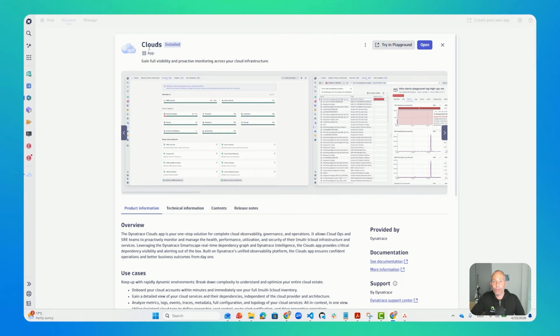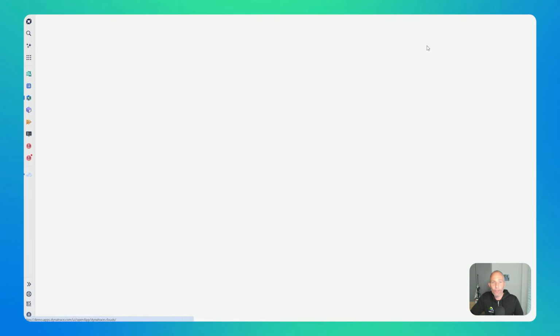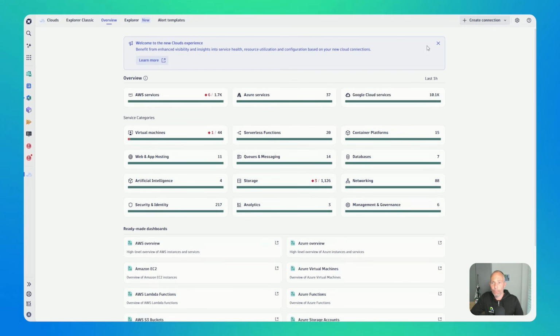I am here in the Dynatrace Hub with the Cloud App. It should be installed by default also on your Dynatrace environment. Now, if I click on Open, it should get me into the app. You can see here already with the new overview, like many applications in Dynatrace, I get to see how many AWS services are monitored, Azure and Google, and always on the top right, you can then add your individual additional connection. Now it depends on whether you have the privileges, if you're allowed to do so in that environment, but if you are allowed to do so, then you can add your connection and then you will see all of